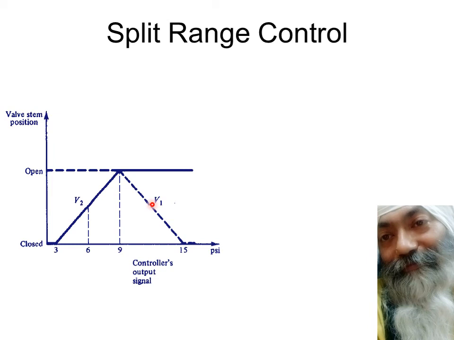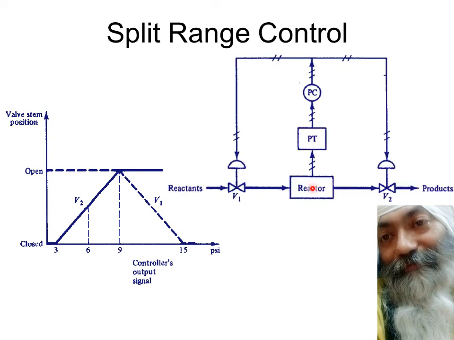We will take one example to further elaborate this point. My dear friends, this is a reactor, and we are supposed to control the pressure of the reactor. So we measure the pressure. PT stands for pressure transmitter. PC stands for pressure controller. So what we do is, let us say I want to control the pressure. This pressure has increased, so I will be increasing the output so that there is more and more flow going out from the reactor, and the pressure actually comes down.